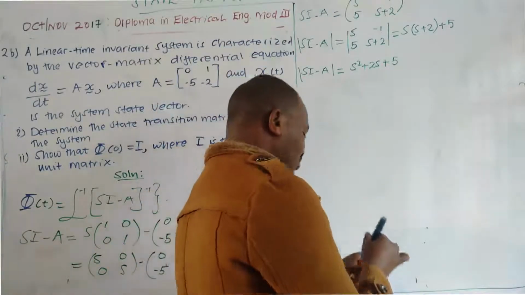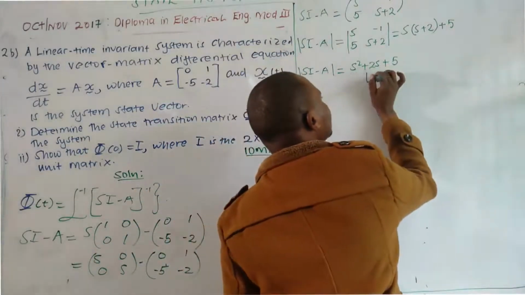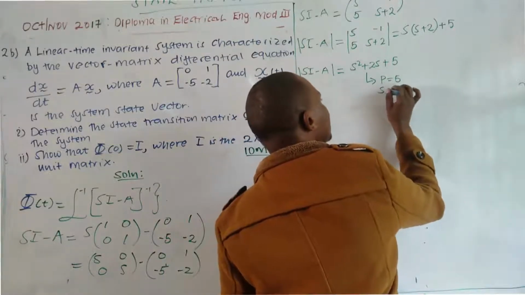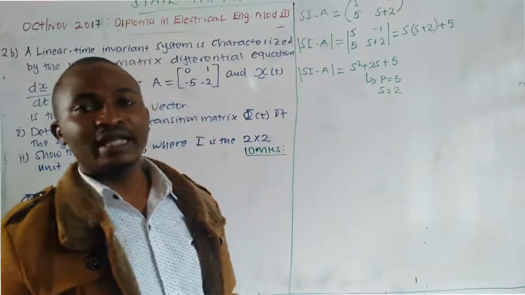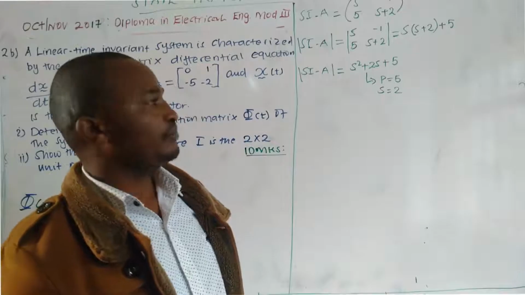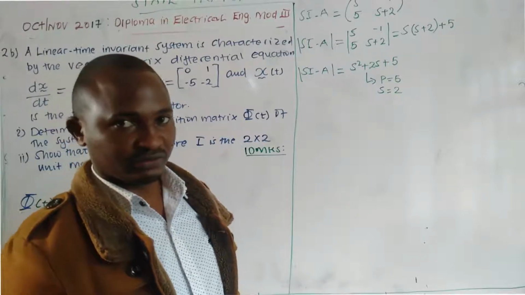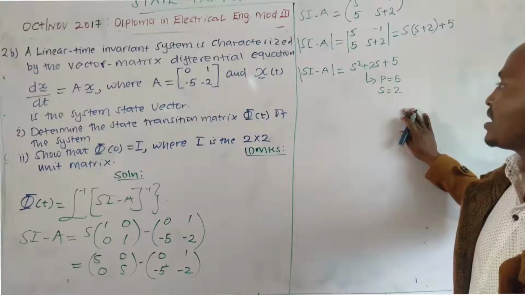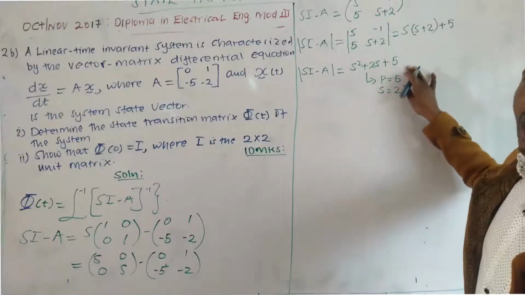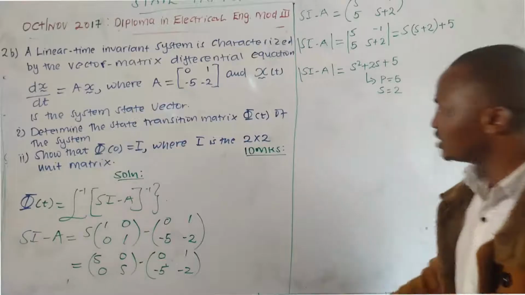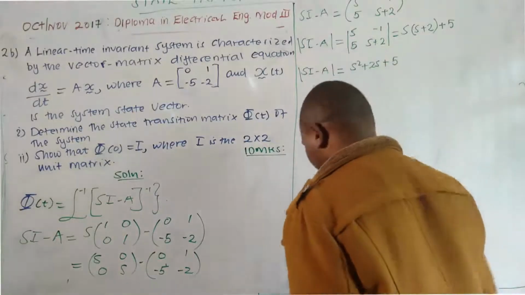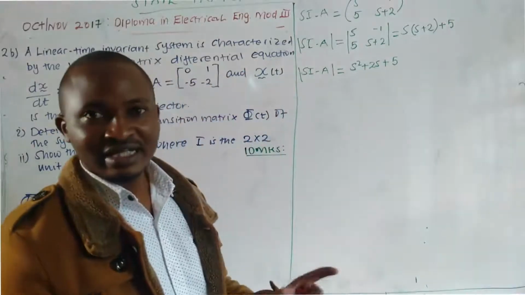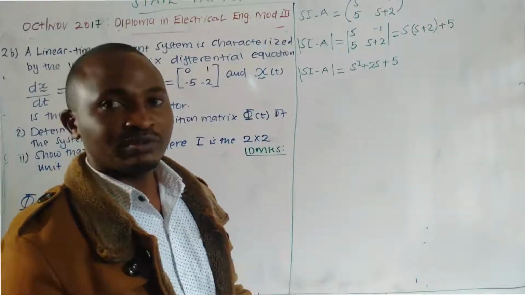Is it possible to factorize? The product is 5, which is 5 times 1, and the sum is 2. Are there two numbers that you can add to give you 2, but when you multiply them they will give you 5? I don't think there are any such two numbers. So because it's not possible to factorize, this is an irreducible quadratic factor, but you can rearrange it to make it look a little bit different.